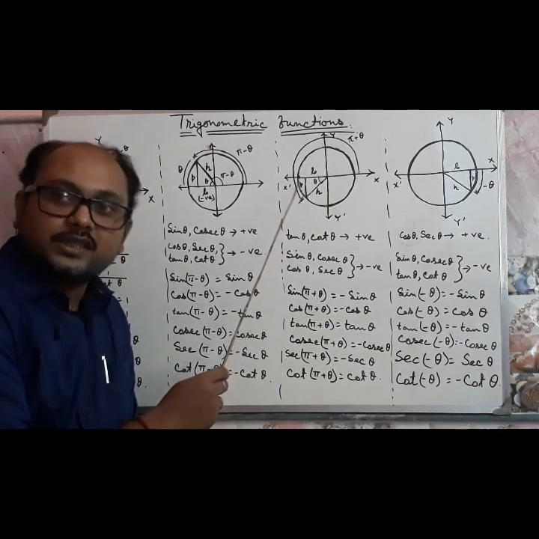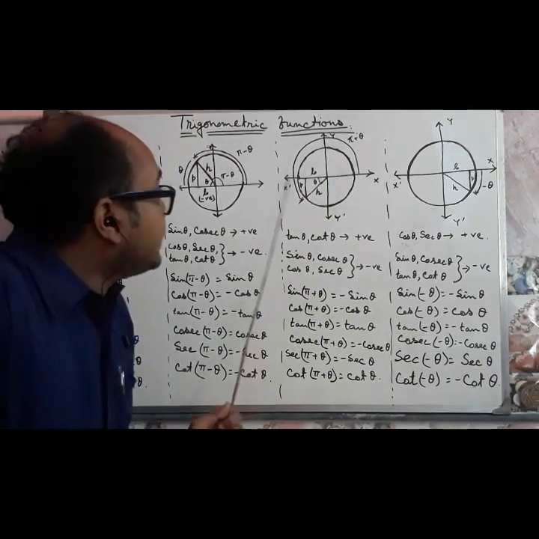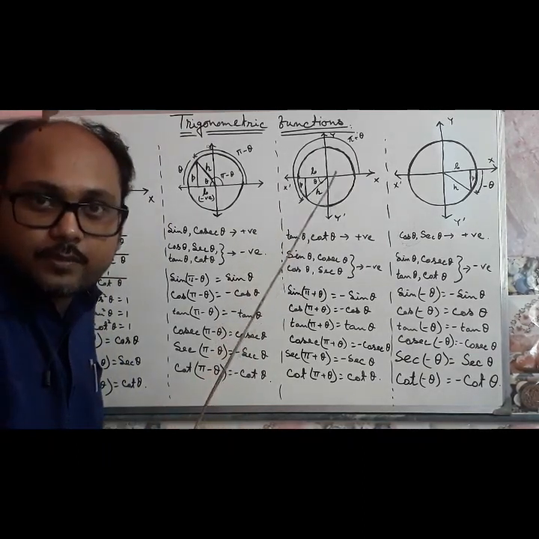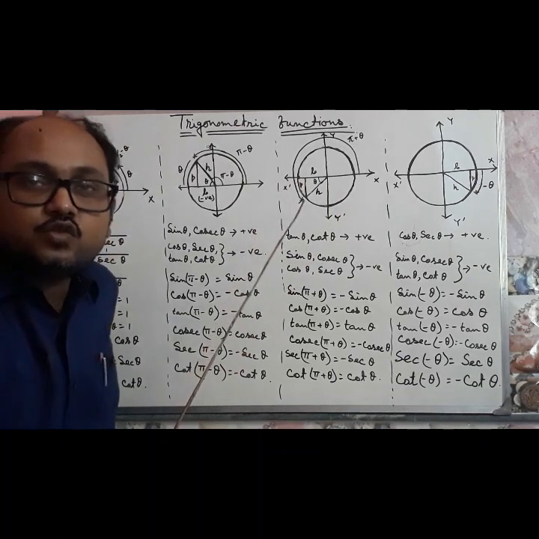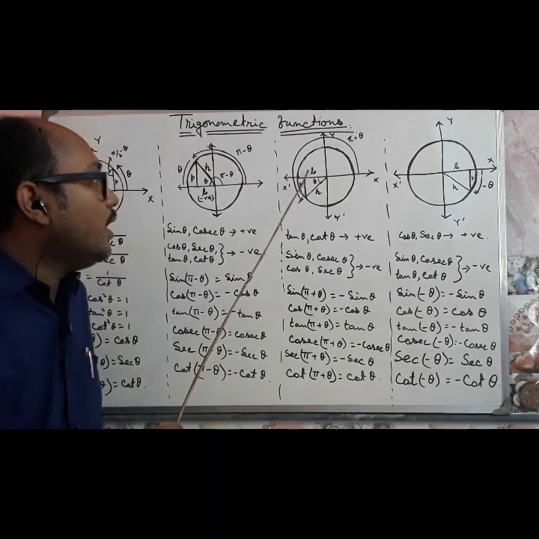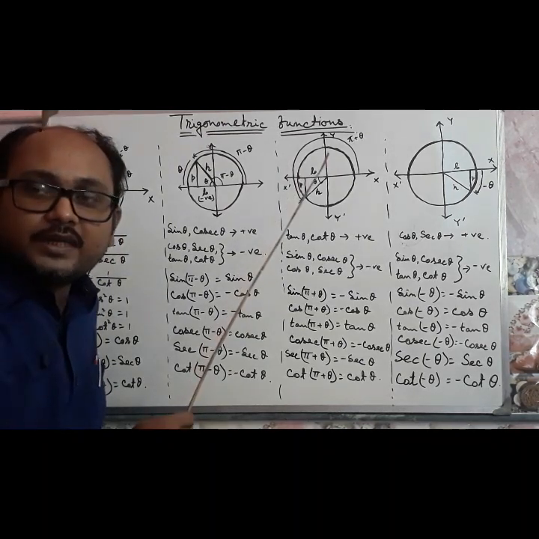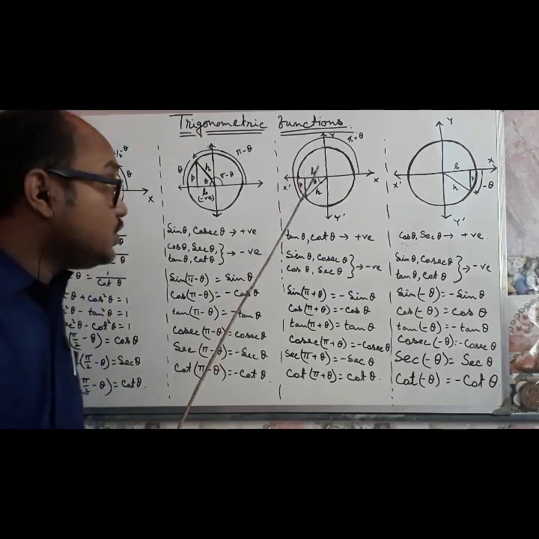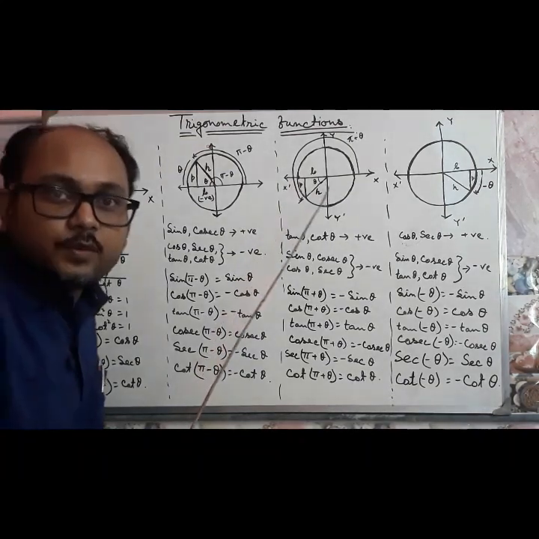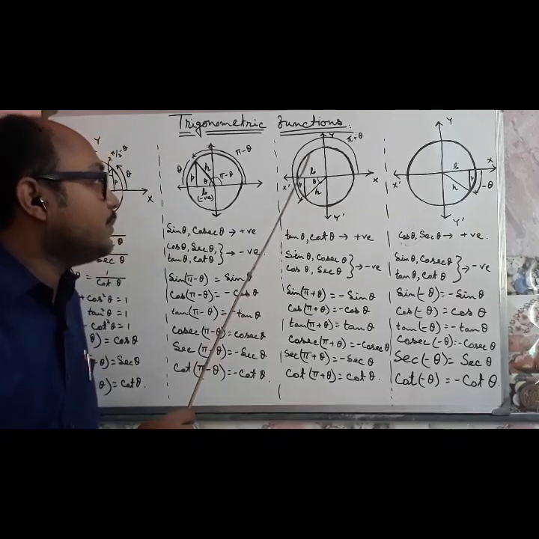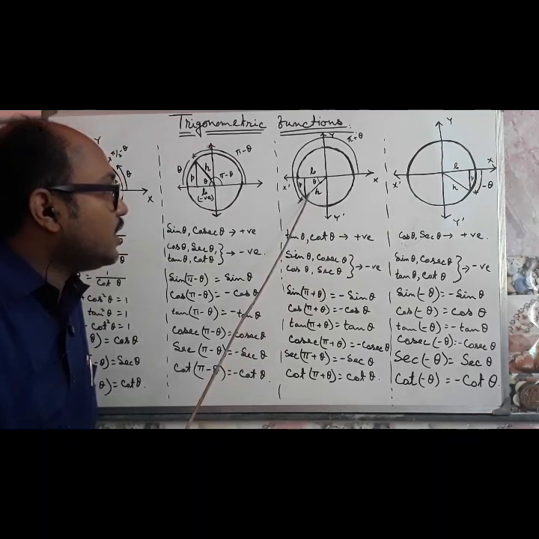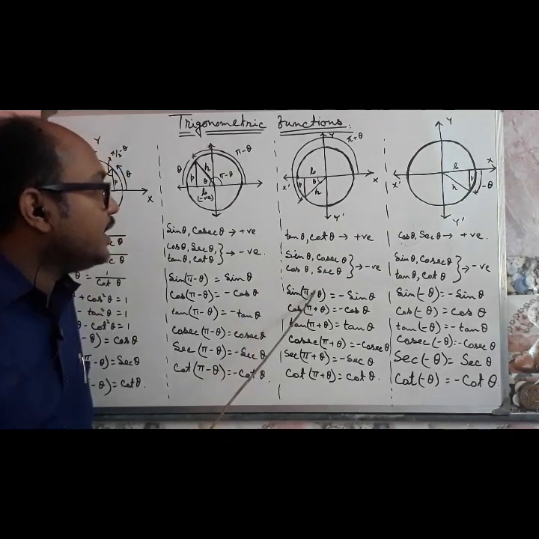also negative. That means if we take the ratio of perpendicular by base and base by perpendicular, these two trigonometric ratios are negative. These two negatives will eliminate each other, so these two ratios will be positive, perpendicular by base and base by perpendicular. That means tan and cot are positive in this third quadrant and the rest are negative.